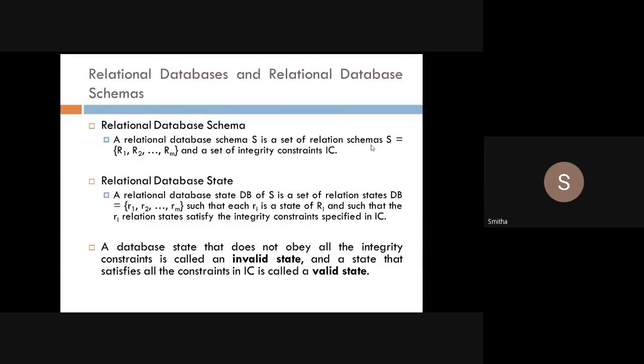S is equal to R1, R2, up to Rm, and a set of integrity constraints IC. Now, what is the meaning of this, students? Till now, I was talking about only one relation, one table.